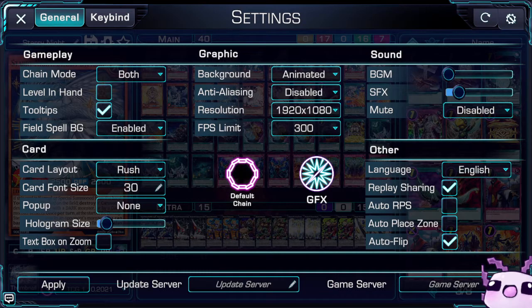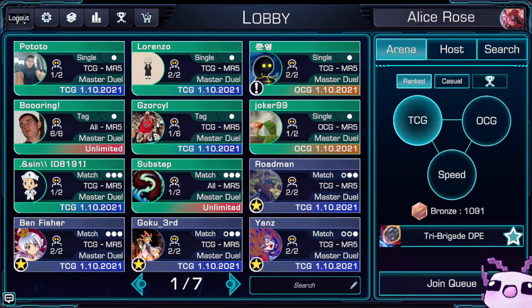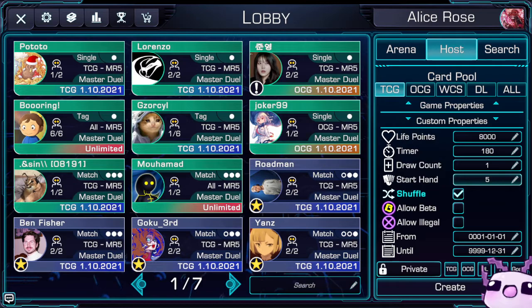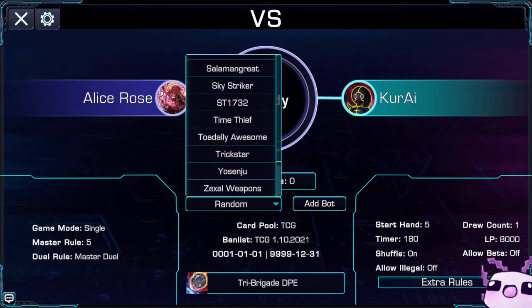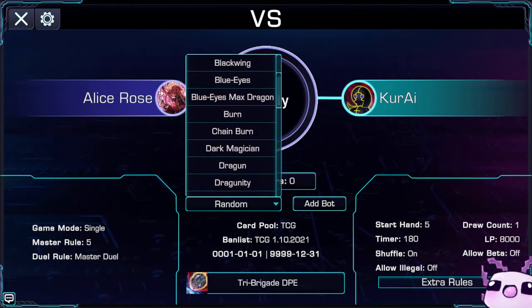Somewhere. But that's where we would have to go into something like host, into the custom preparations, I believe. Private room. So yeah, it's a private room. So we could just do this, add a bot, and we can put it on any deck that we really choose to. So I think the one that is going to be worthwhile to go against, I would say,